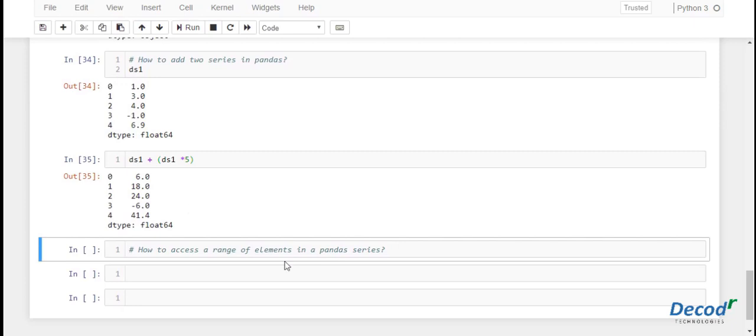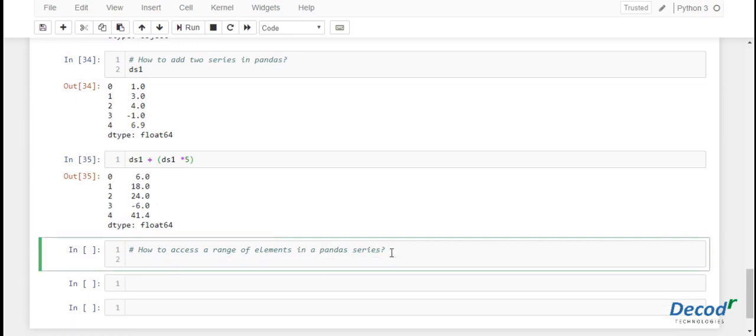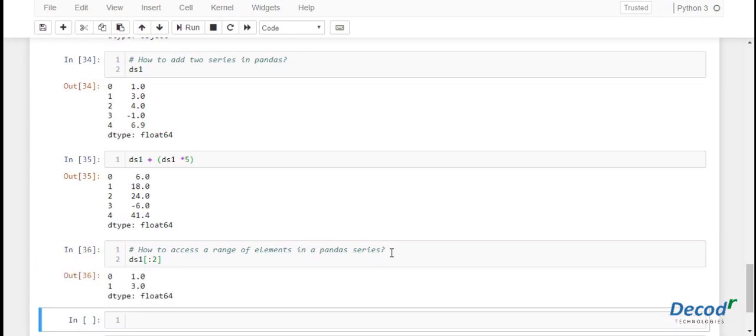Now let's see how to access a range of elements in a pandas series. Let's say we want to access the first two elements of DS1. All we have to do is use the range function in pandas. The code to access the first two elements will be DS1[:2]. Therefore, the function basically works in a way series[x:y], where x is the number for the first row of the range and y is the last row of the range. Now you can create and perform any task on pandas series. It is very important to learn the series concept to become a master in pandas.